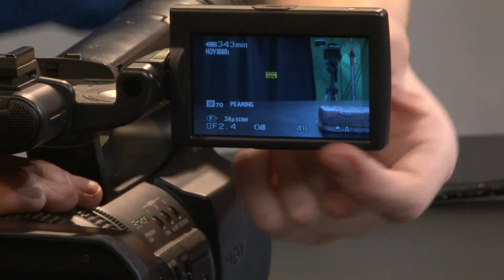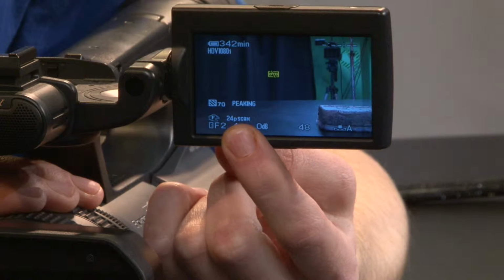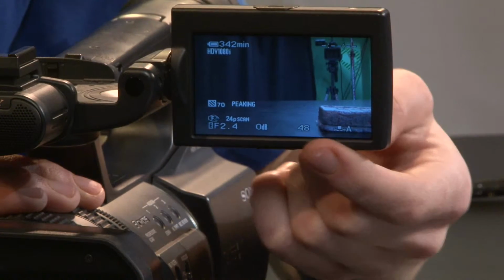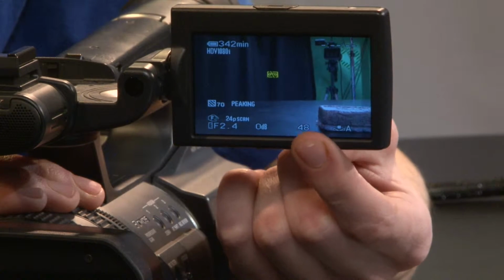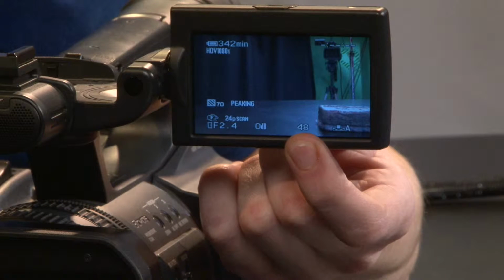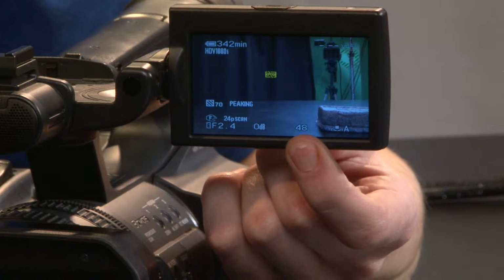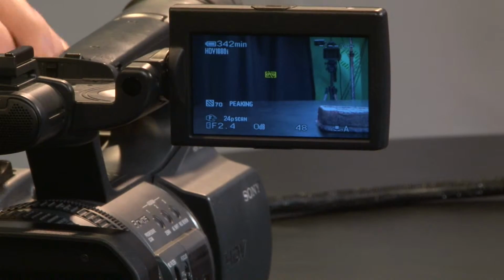But let's take a look at this camera here and get a close-up on our screen here. So you can see it already says 24p scan. And that's what it should be set on. And I'm not going to get into where the setting is, but this is another number right here, and you'll notice that it's 48, and 48 is 2 times 24. That is our shutter speed right now, and that's what you would want to set it at. But how do you set the shutter speed? Well,